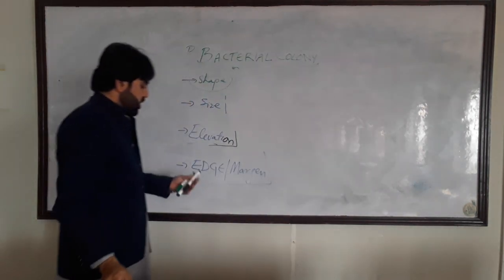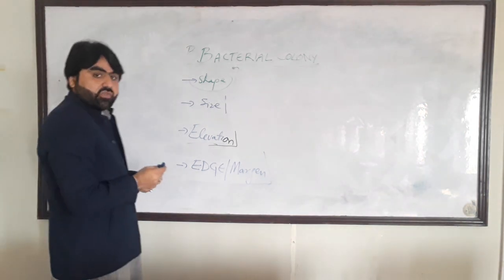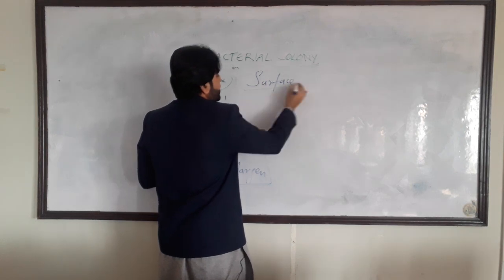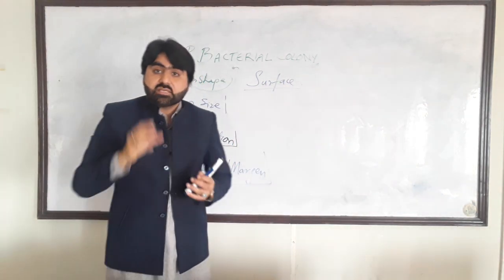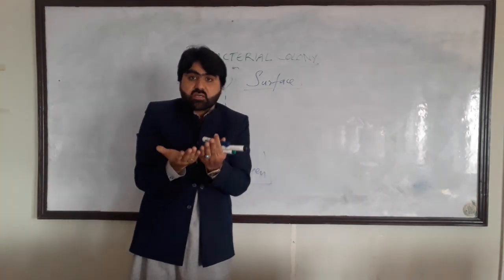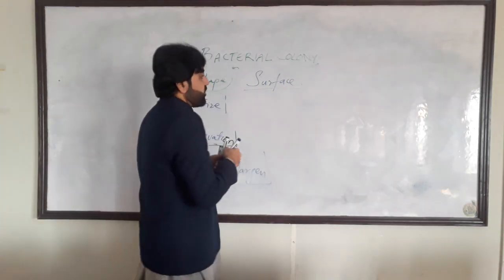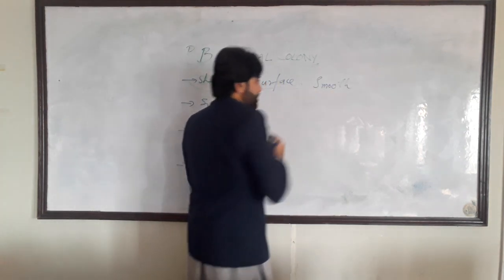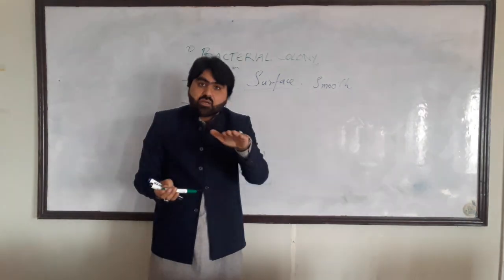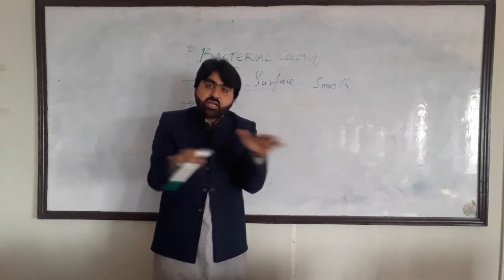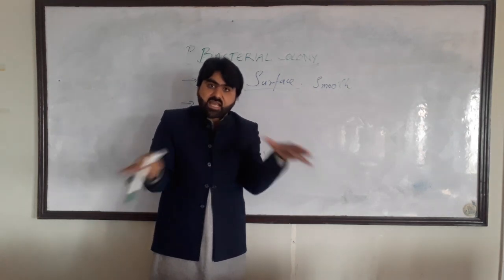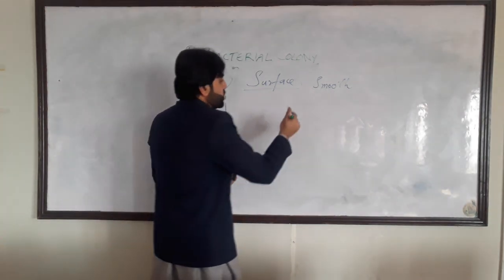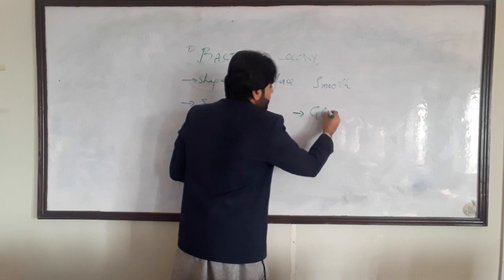After that, you need to focus on the surface of the colony. You can say the appearance of the colony, what appearance the colony gives to you. For example, you can say that the appearance of the colony is very smooth. It means that the surface of the colony is even and regular. It is free from any lumps, any indentations. So therefore you can say that the surface is smooth, or you can have a glistening surface.